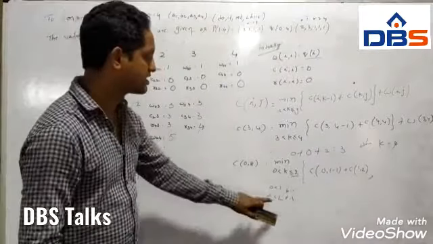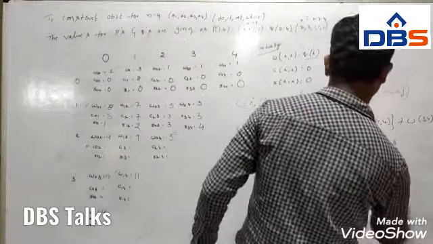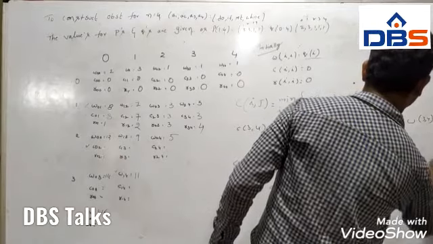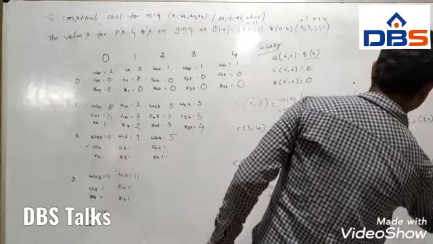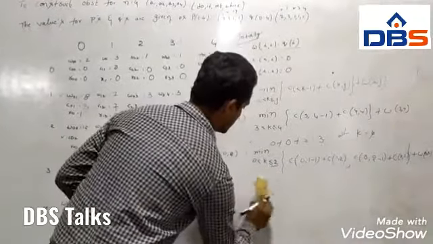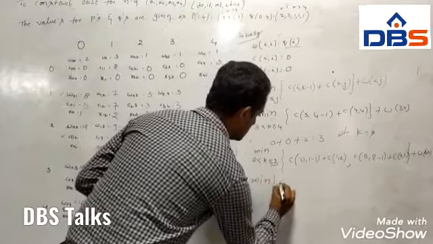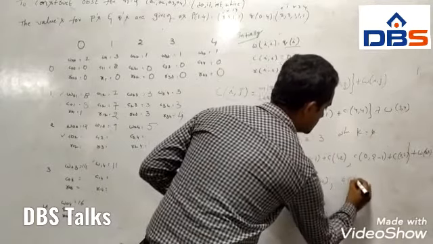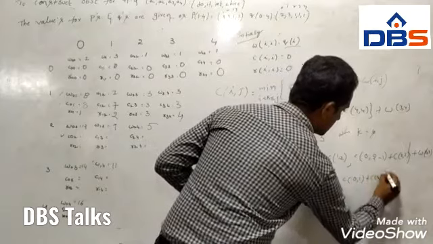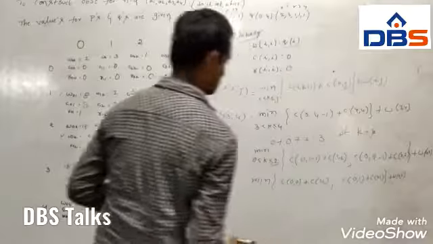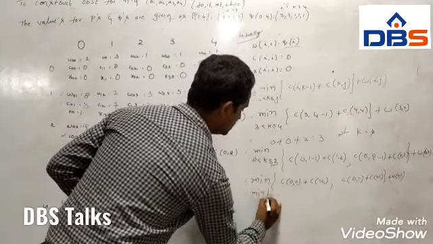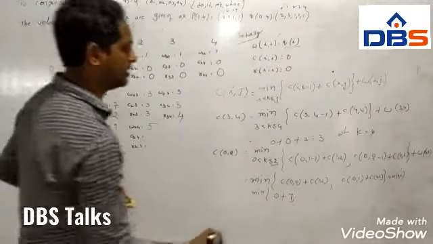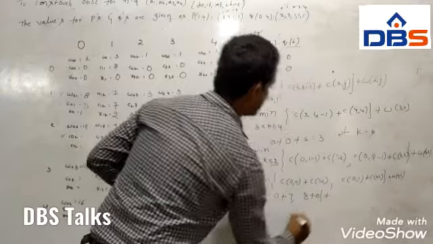When k equal to 1, the next condition k equal to 2, that is C of 0 comma 2 minus 1 plus C of 2 comma 2 plus W of 0 comma 2, that equal to min C of 0 comma 0 plus C of 1 comma 2 comma C of 0 comma 1 plus C of 2 comma 2 plus W of 0 comma 2, that equal to min C of 0 0 plus C of 1 2 equal to 7 comma C of 0 1 8 plus 0 plus W of 0 2